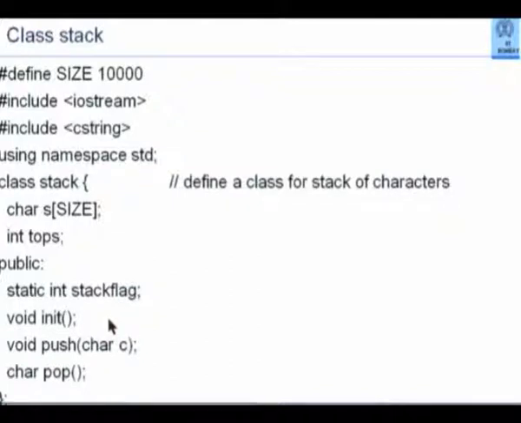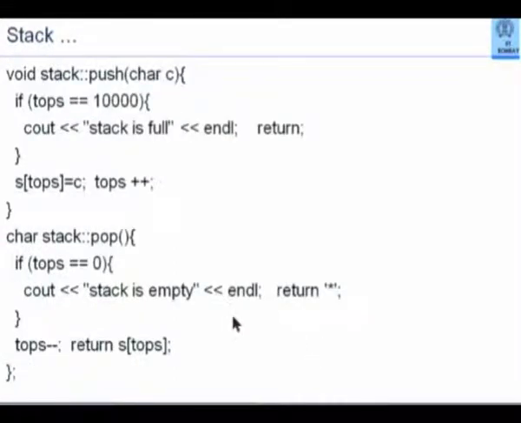The most important functions, as my friend pointed out there, is push, which will push a given character. Since I don't expect anything to be returned, I have declared it as void push. On the other hand, pop, which has no parameter, will go there and get a character back, and the return value is defined as char. So these are the member function prototype definitions. Let us look at some of the implementations.